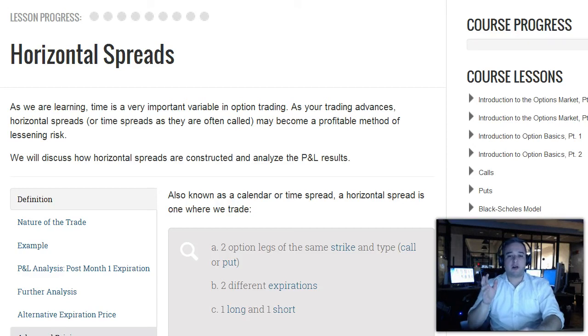Some of you are trading spreads. You're buying and selling in the same month, different strikes, but you can also do that across different expirations. If you're buying a 200 call in a 3-month option and you sell a 200 call in a 1-month option, you're doing a horizontal spread. It's a time spread, it's a calendar spread, different ways of calling it. But when you're doing this,